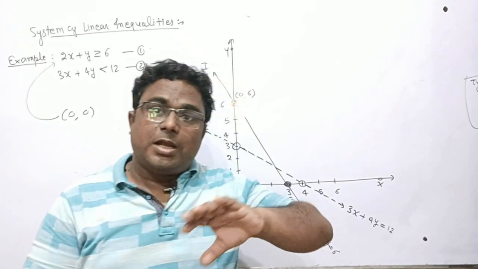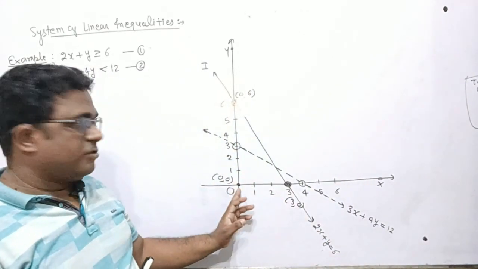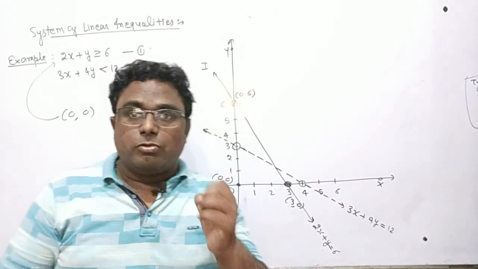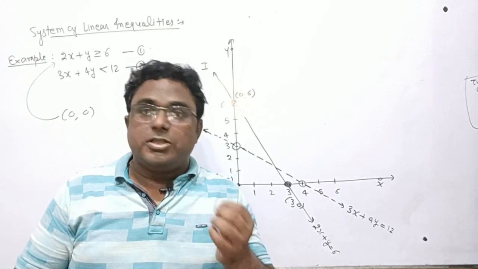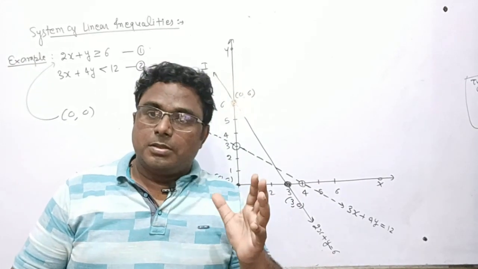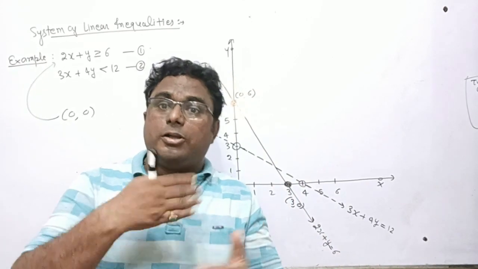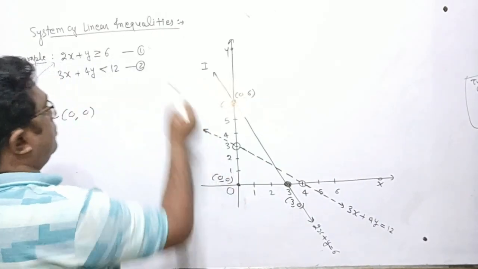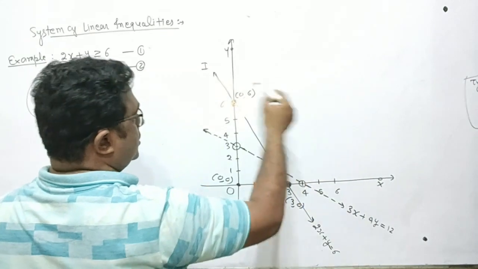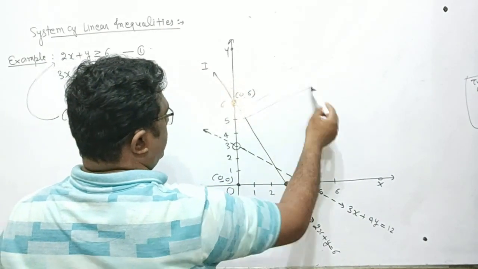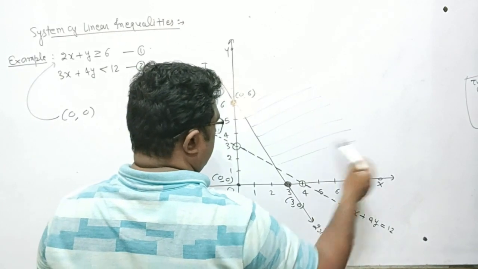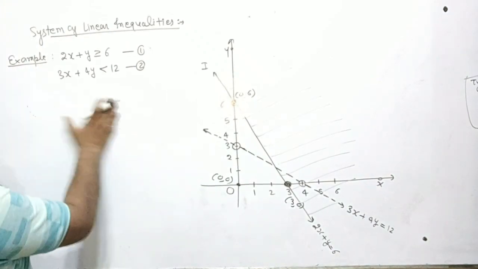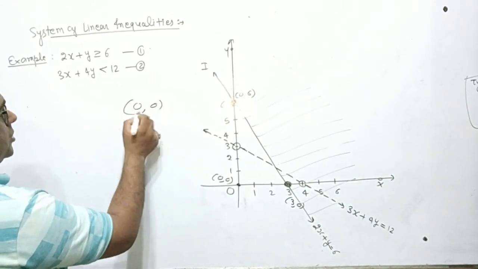So what will I have to do? I will have to select the opposite area of 0, 0. 0, 0 is present on this side, so I will select the other side for the solution region. Why so? Because 0, 0 is making the first inequality false. By chance, if 0, 0 makes the first inequality true, then you will select the lower half portion. So now 0, 0 made it false, so I will have to select this area. In this area, I am doing a light shade, not a very dark shade. Now repeat the same thing with the second inequality, put the testing point 0, 0 into it.